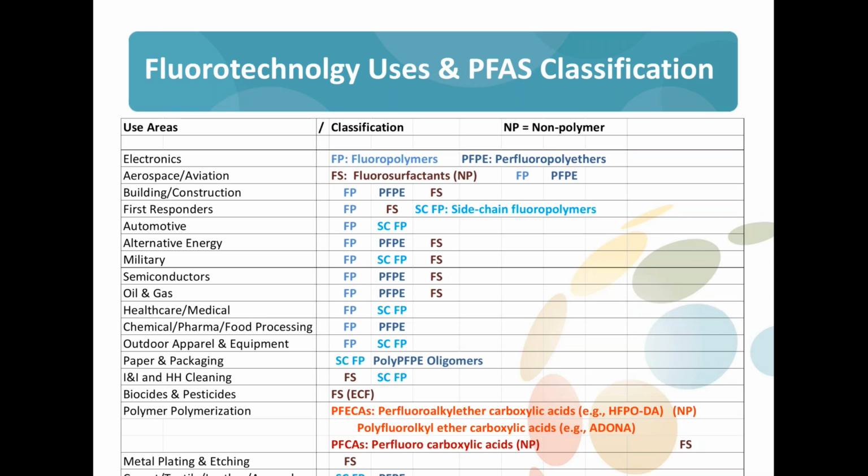I'm going to give you a chance to take a drink and interrupt if I may. As Steve closes this up, I think it's really important for everybody to understand that the reason why these technologies were all chosen in these various industries was because they looked at all the other alternatives and chose these. So they looked at hydrocarbons and silicones and all sorts of other types of substances to meet the needs of performance requirements, benefits, longevity, and other things that were required in these industries.